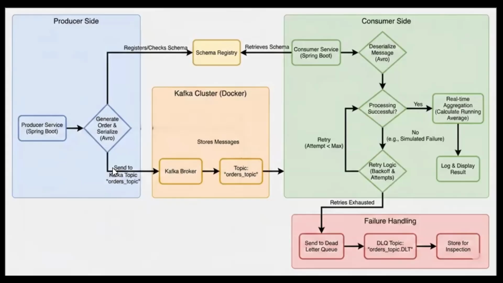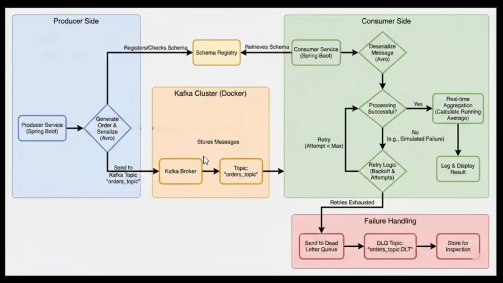First, the serializer checks the Confluent Schema Registry to make sure that the data follows our order rules. This helps us make sure that only correct and valid data goes into our system. Once the data is valid and serialized, the binary message is published to the Kafka broker into the primary order